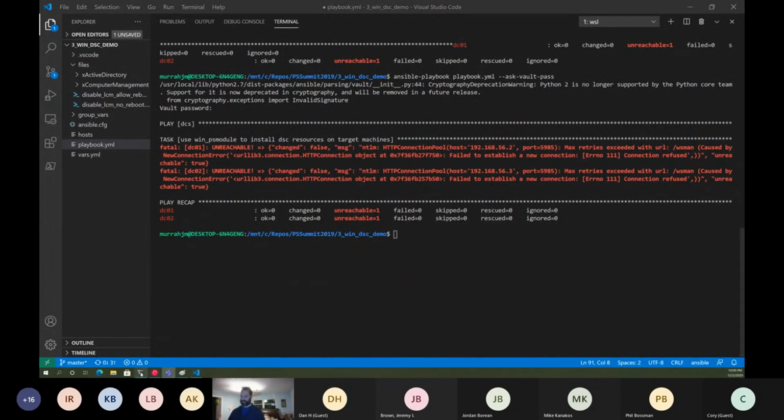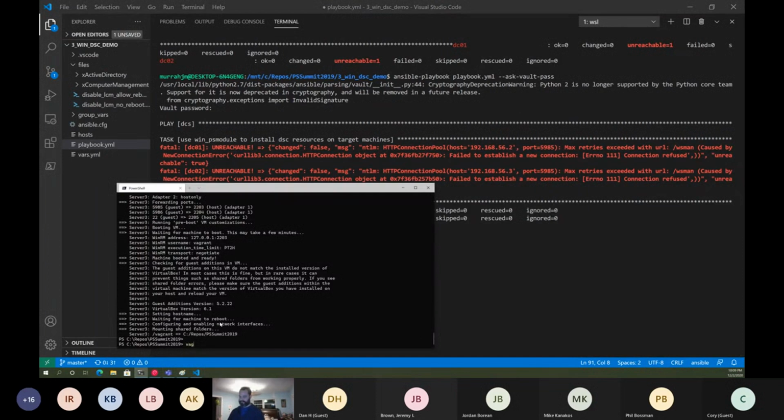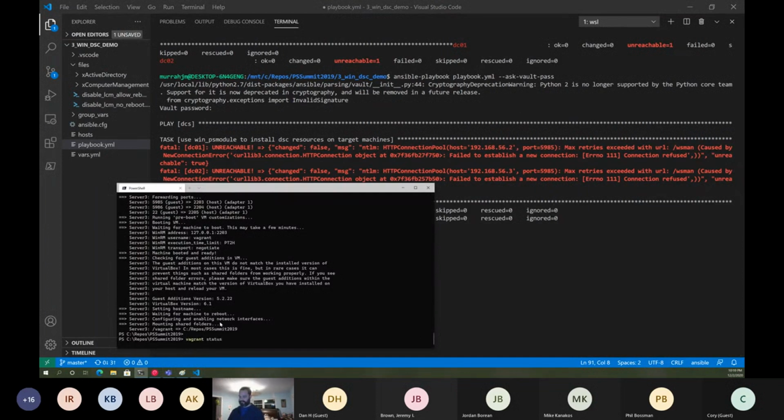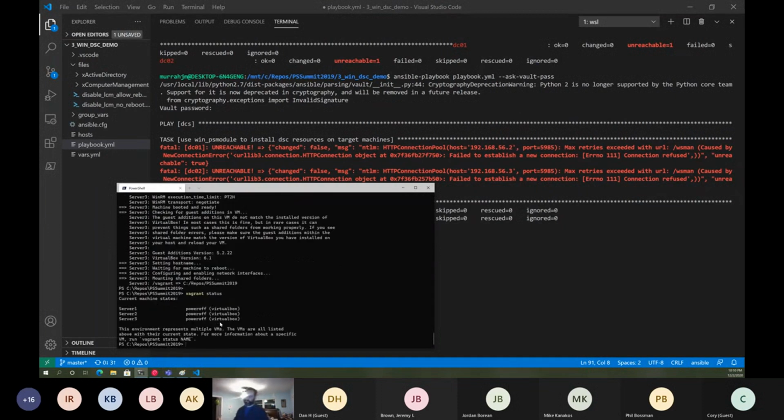Let's see. My stuff. So the output isn't super. Oh yeah, sure enough, it turned them all off. Thanks, Vagrant. I don't know who to blame. I guess I talked for too long and it went to sleep. But